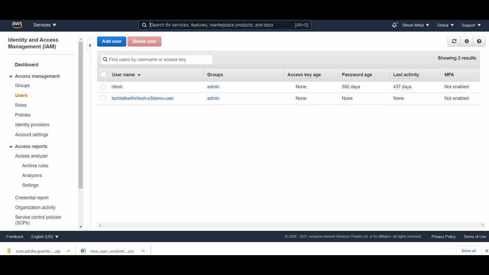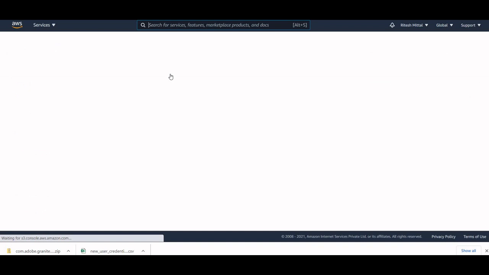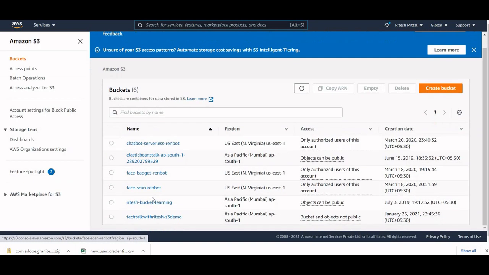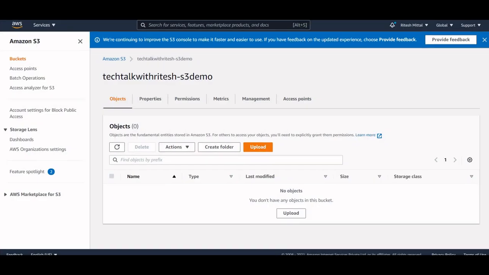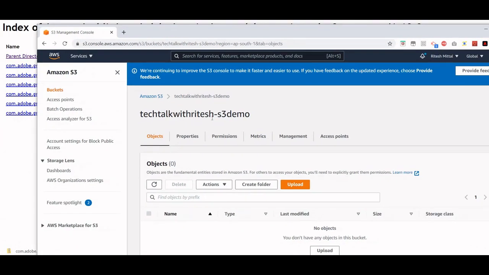But I will tell you how we can get the region in which we have created this new bucket. So this is my new bucket, and if you see in the URL itself we have the region as well.